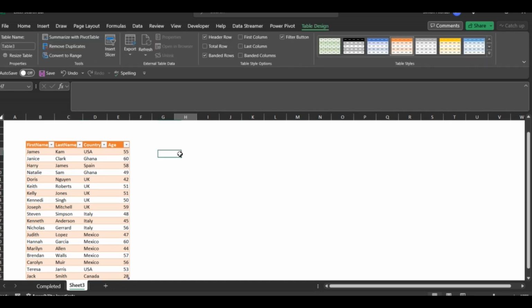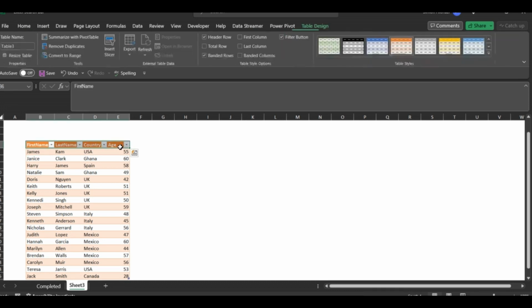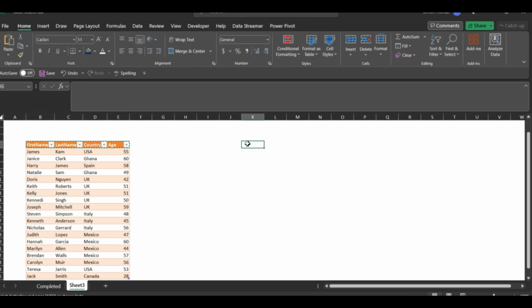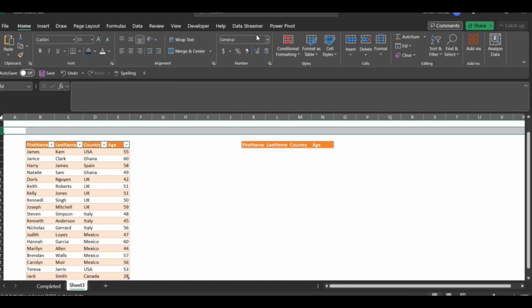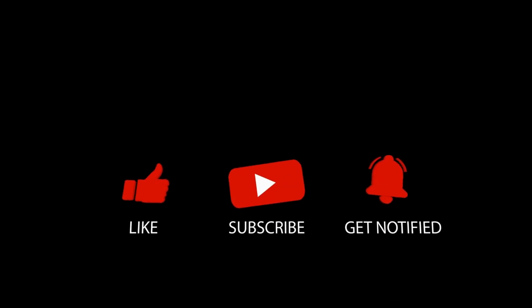Then from there, let's also copy this heading here. Then let's paste it anywhere around here. Okay, let's also resize it as well. Let's also increase these columns here. Alright, so now in order to create the